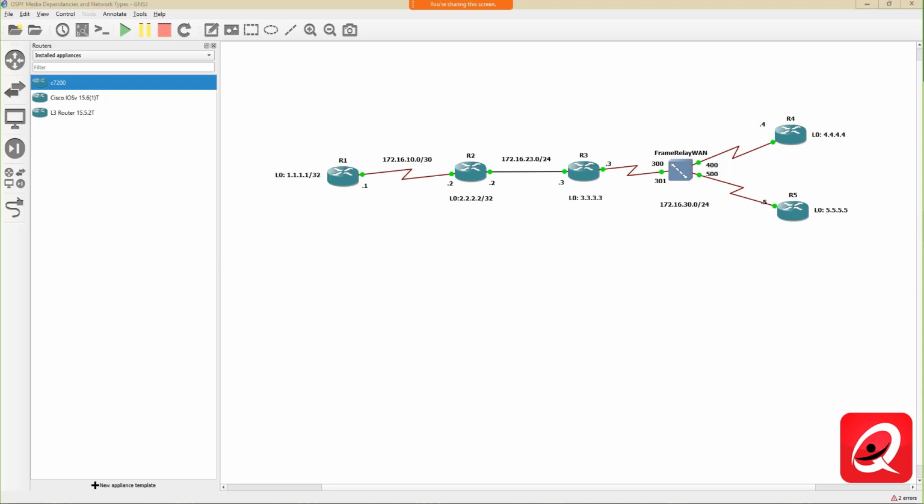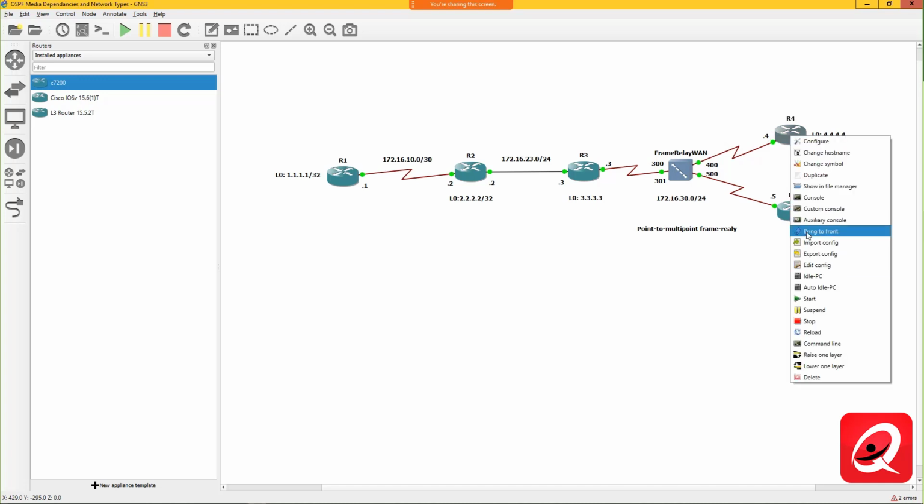So what we're going to do is look at the configuration here. The first option we're going to take a look at is what we call point-to-multipoint, multipoint frame relay. Essentially everybody in this topology shares a common broadcast domain. That broadcast domain is 30.0, and each of these clients are then reachable within that subnet based on the IP address on their interface. So let me go into router number 4